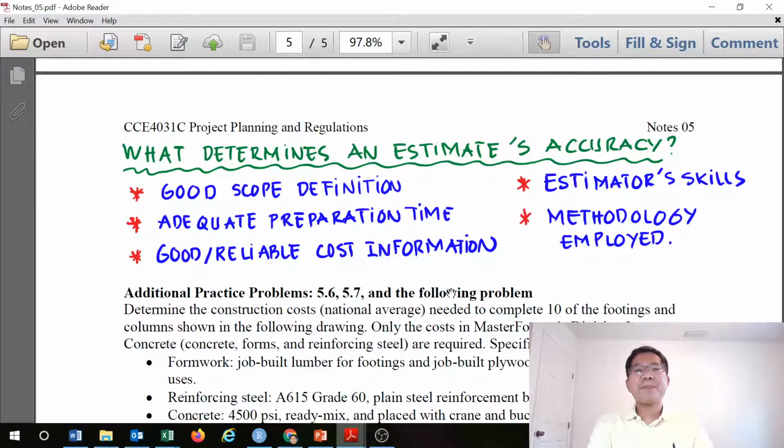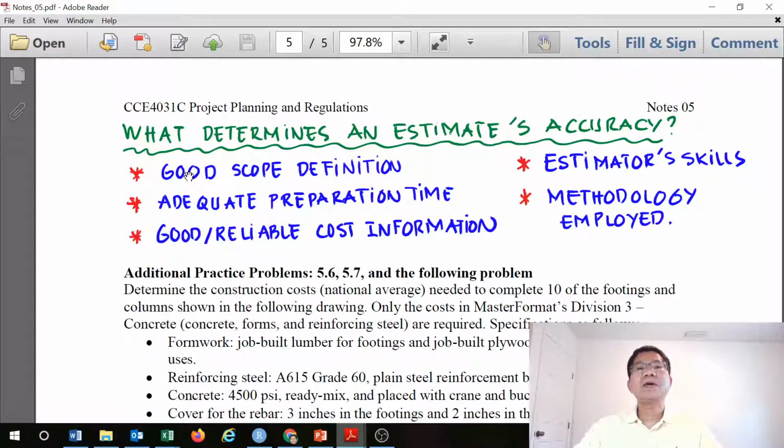So we have gone through different methods of estimating, from order of magnitude to square foot costs, assembly or system estimate, and today, the unit cost estimate method. And the last method we deal with in estimation. And for this one, before we wrap up and remind you with the practice, as you can see here,